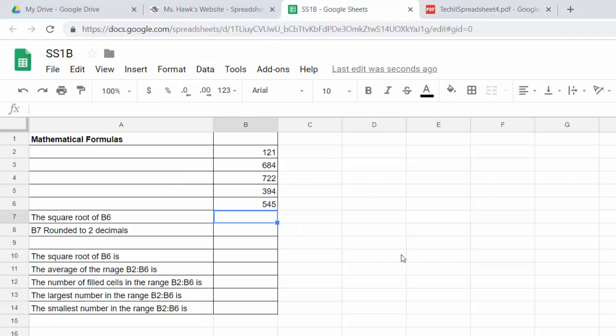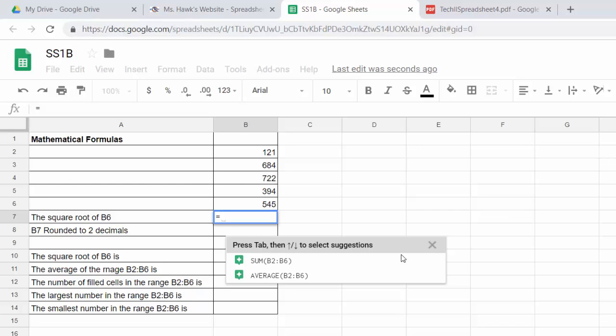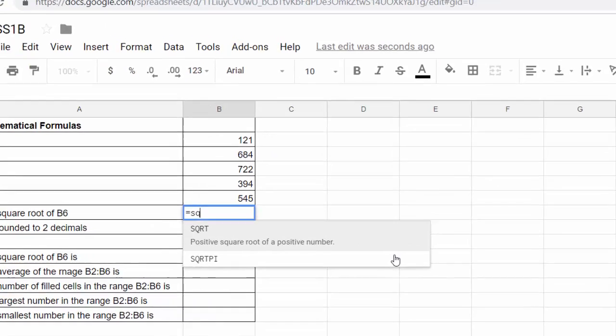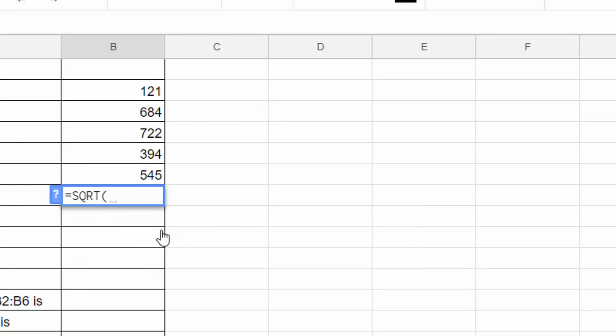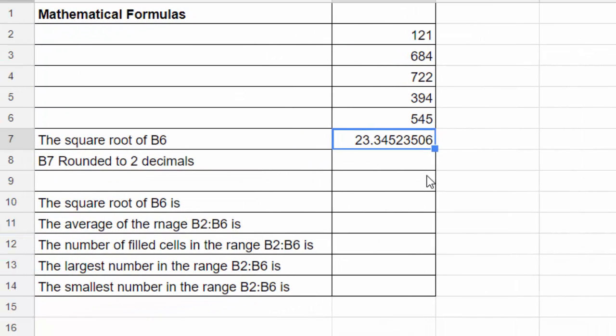Now here's what's nice. Hit the equal sign and type SQ. It's going to pop right up, the square root. So I'm going to click there, and then now let's see the question mark, and it's blinking. It says, what do you want the square root of? So I'm going to click on the cell. So I want the square root of whatever's in B6, and I'm going to hit enter. And there's my answer,